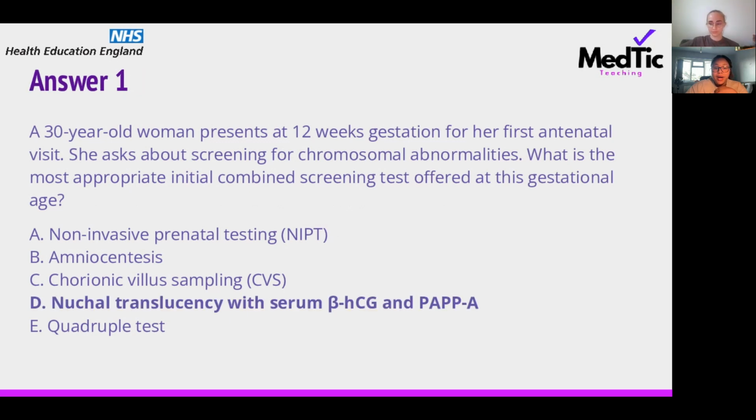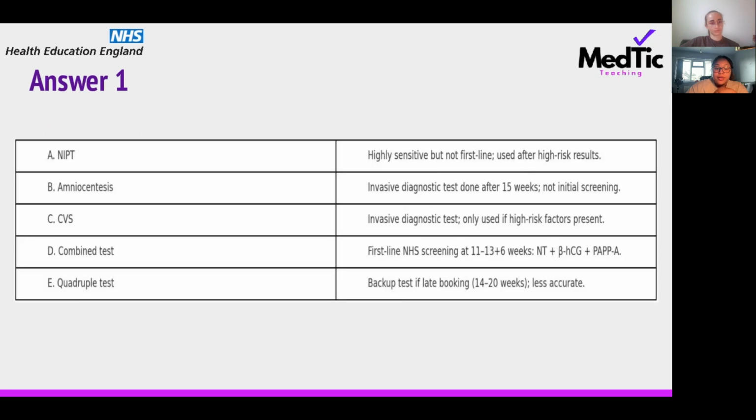Okay, so the correct answer is answer D. This question is testing your knowledge about what tests can be applicable at what different stages. So we'll go through those in a bit more detail. The correct answer was nuchal translucency with serum beta-HCG and PAPP-A. So the NIPT, the non-invasive prenatal testing,